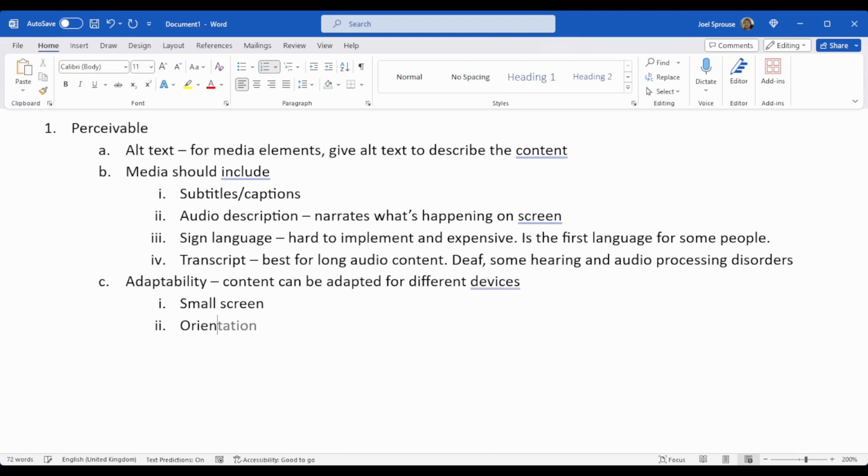Orientation. Now, what I mean by that is some devices have to be on a certain way. So, some iPads are attached to wheelchairs. There's a number of people with cerebral palsy, for example, who use iPads to communicate with other people if they're not able to speak themselves. But it's fixed to their chair. They're not able to turn it portrait quite often. It has to be landscape. And so your software should be able to work landscape or portrait, which again is related to responsive design.